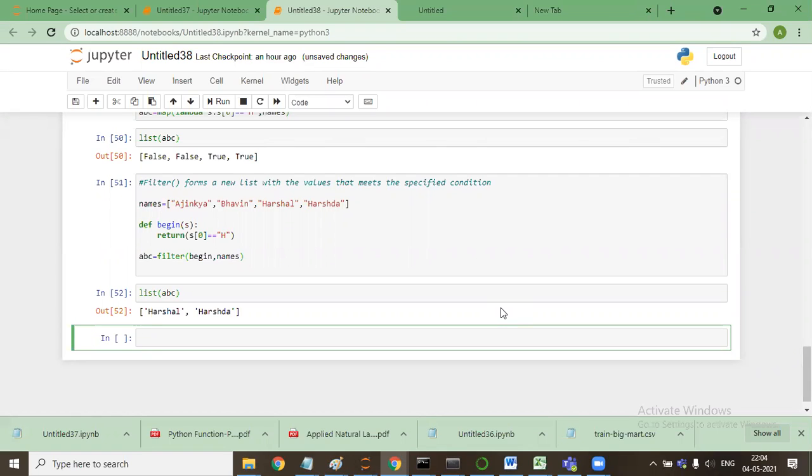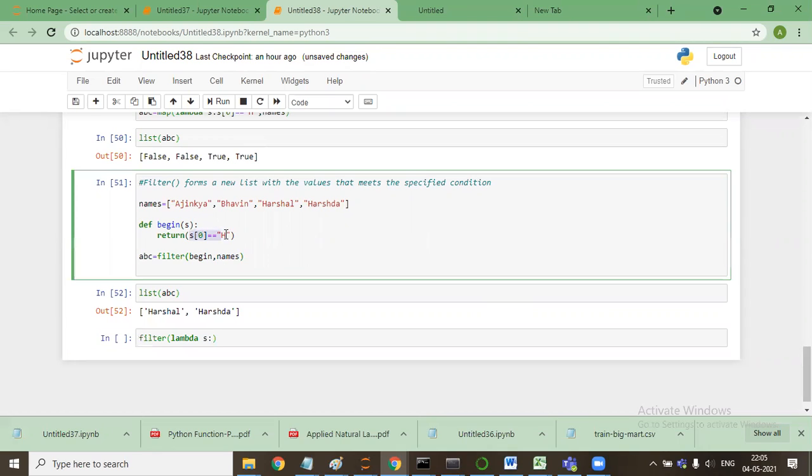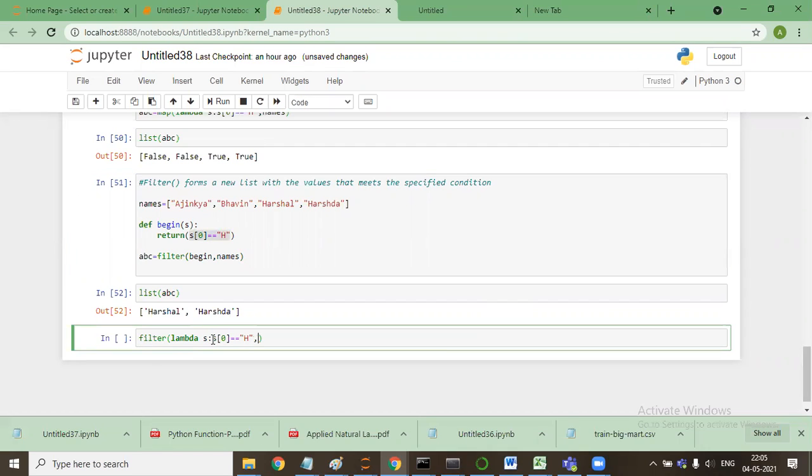So I'll say filter, lambda s, and I'll copy this statement for names.